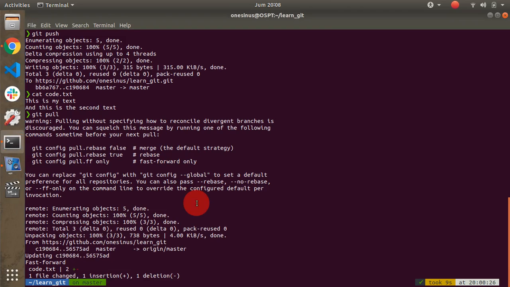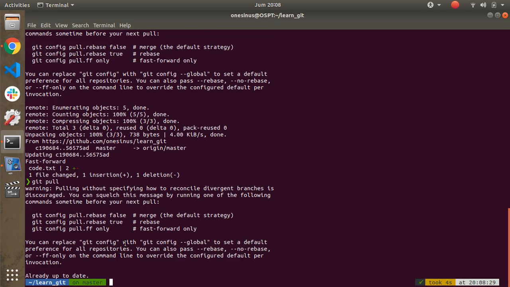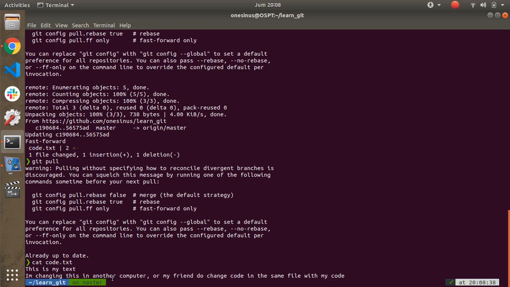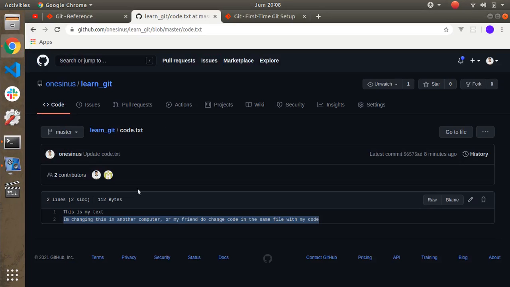And then we will git pull. Now we can cat code.txt. You can see now we have the same code as the repository.